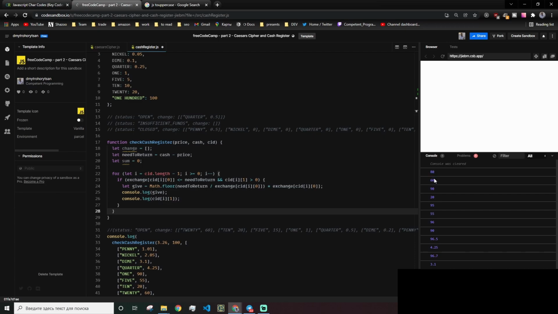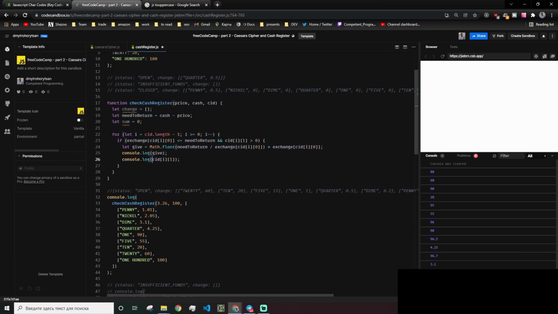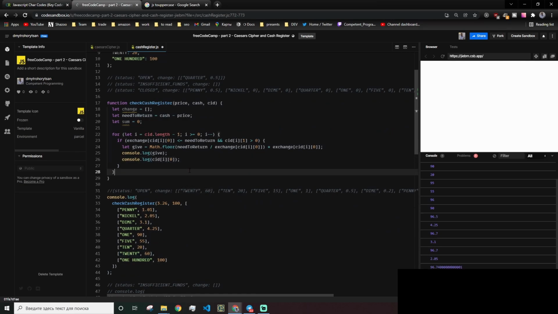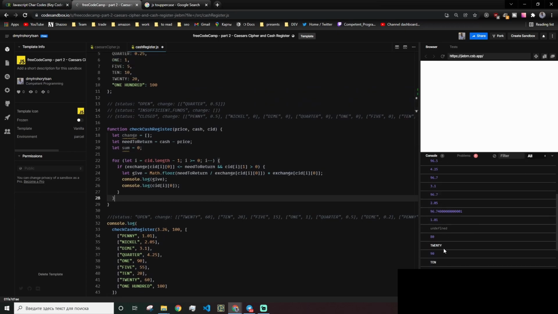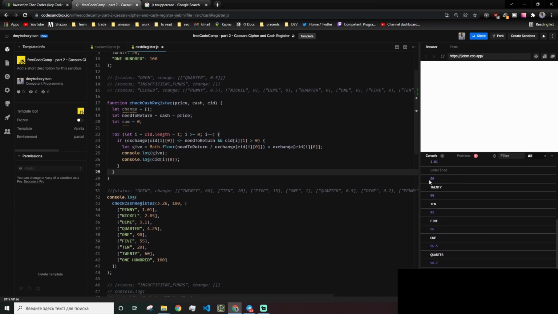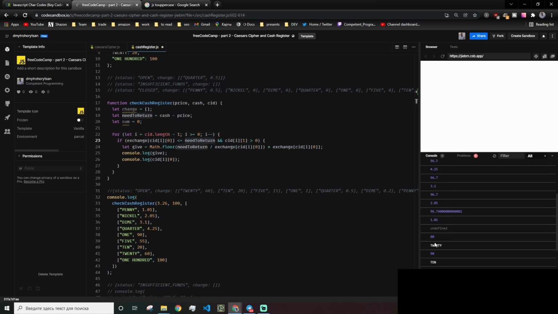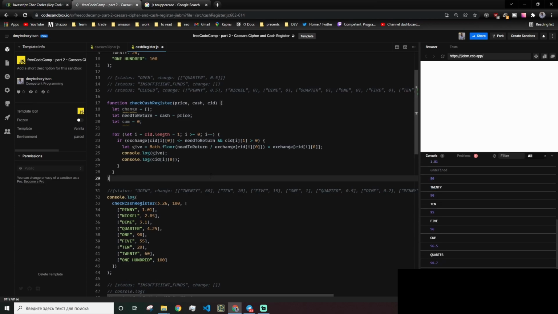So 80s and 60. Wait, 60. It's because we're working with 20s, so it's better to use it like this. As you can see, we skipped hundreds because it's bigger than we need to return, so we can't use them. But we can work with 20s, and we need to return 80s, but we have only 60. That means